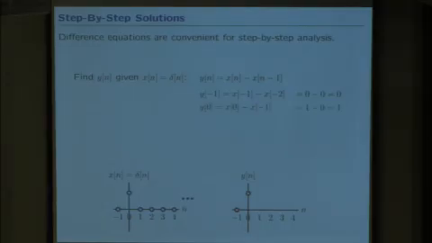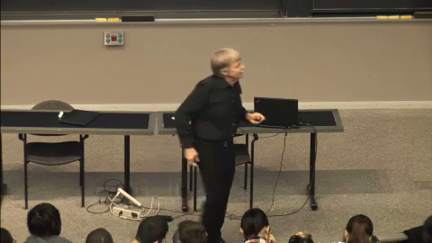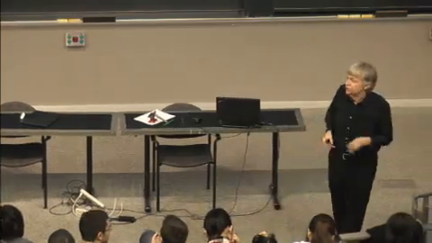And similarly, we can just iterate through the solution for the whole signal. So y of 0 is x of 0 minus x of minus 1. X of 0 is that special one that is 1. So now we get 1 minus 0, which is 1. Y of 1 is x of 1 minus x of 0. Now the special one is on the other side of the minus sign, so the answer is minus 1. Y of 2 is x of 2 minus x of 1. They're both 0. And in fact, all the answers from now on are going to be 0.